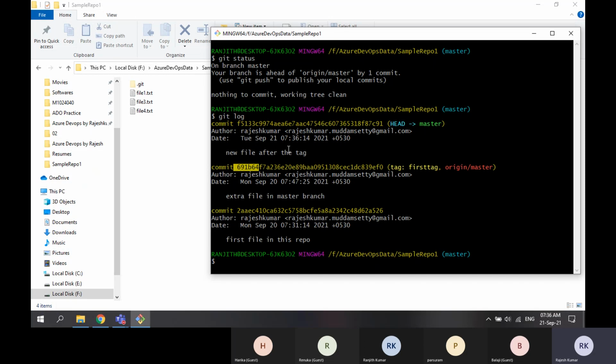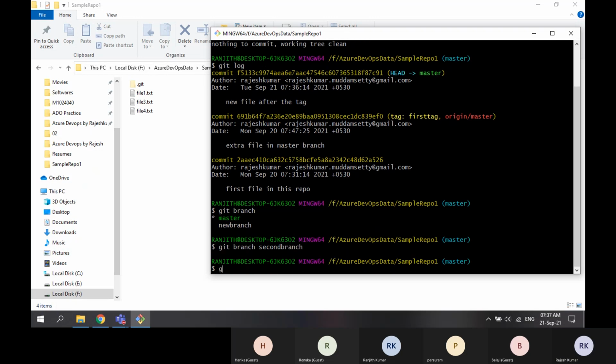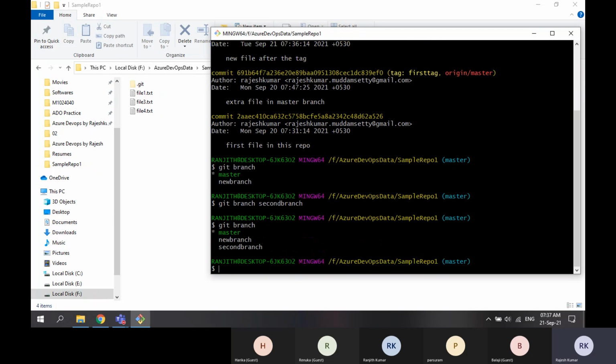Why? Because if I create a separate branch now, let's say from master, how many branches do we have? We have two branches. So if I run git branch second-branch, how many branches are there?